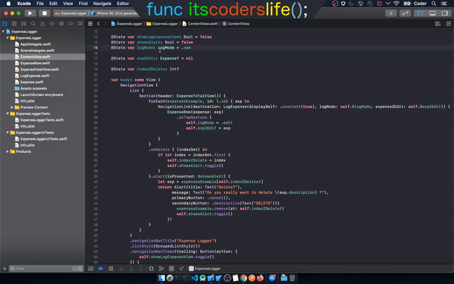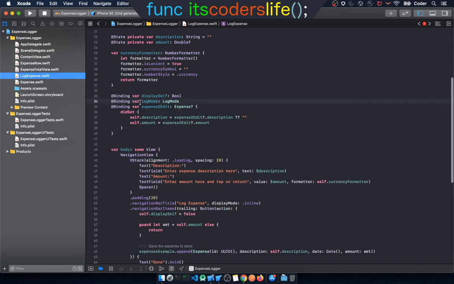So I'll just remove this and make it as edit mode. Here I'll remove the binding so that